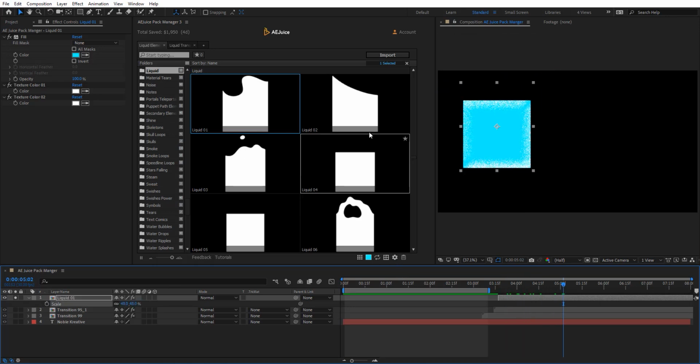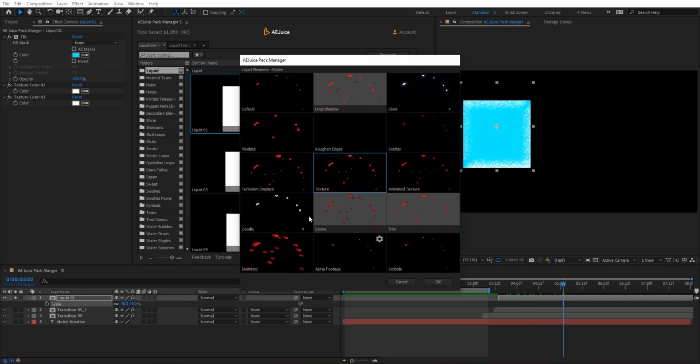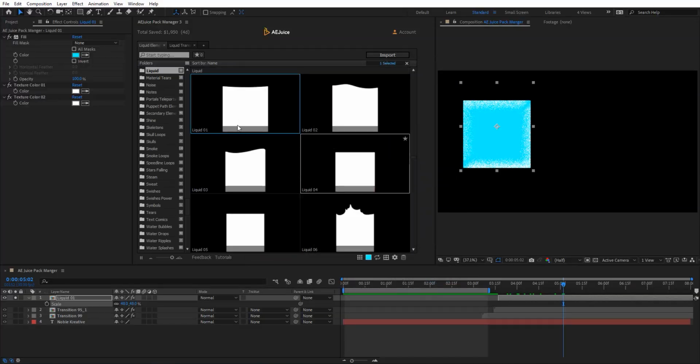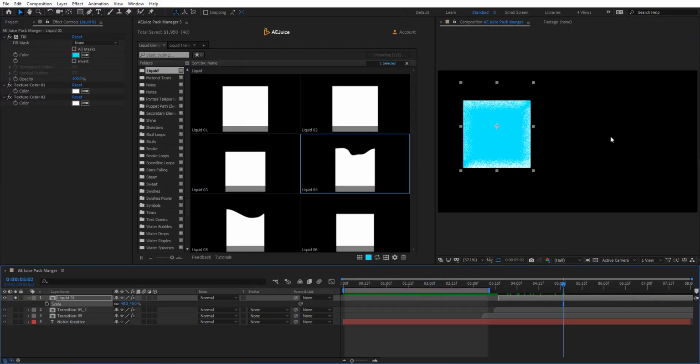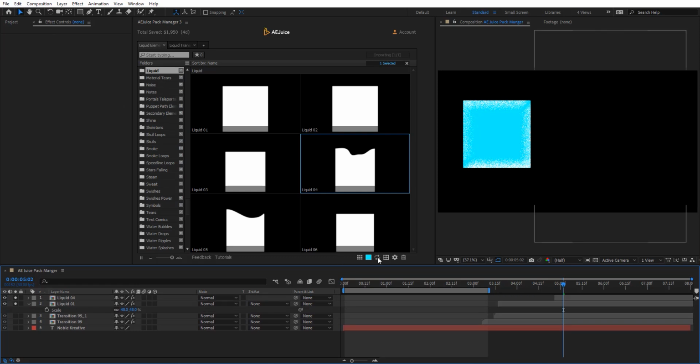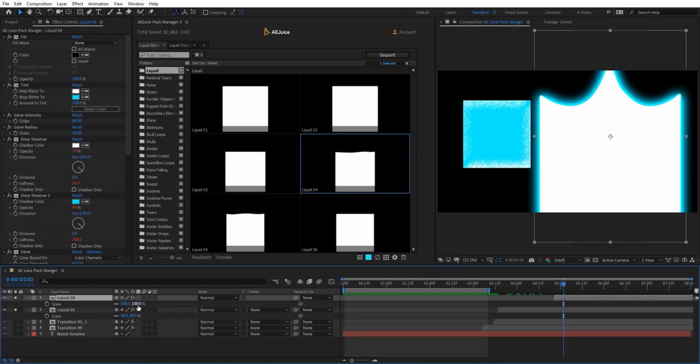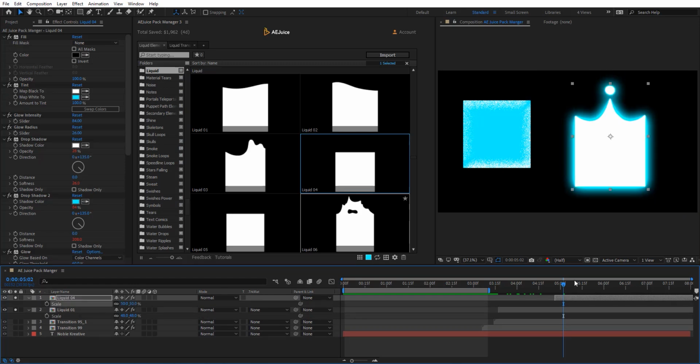Let's change to another style. Maybe this glow, and hit OK and just drag it. That's very useful to change the style very easily. Basically you can do that for all the elements there.